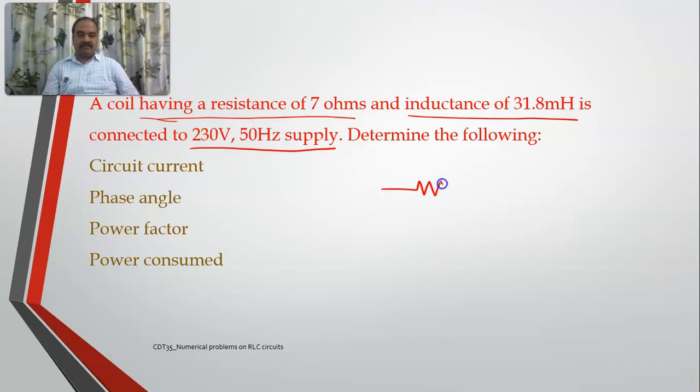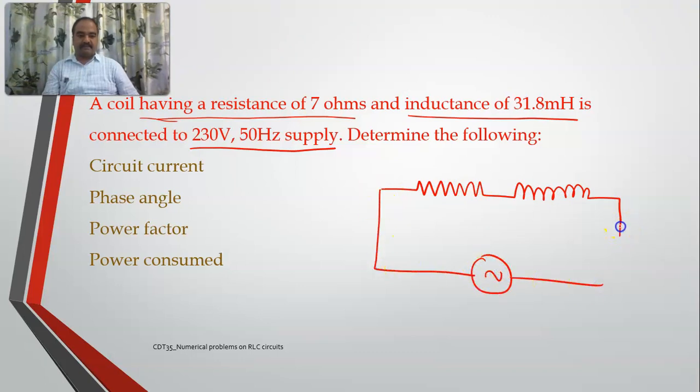So let me draw the figure. This is the resistance and this is the inductance, and it is connected to an AC supply. This is R, this is L, and this is 230 volts 50 hertz,